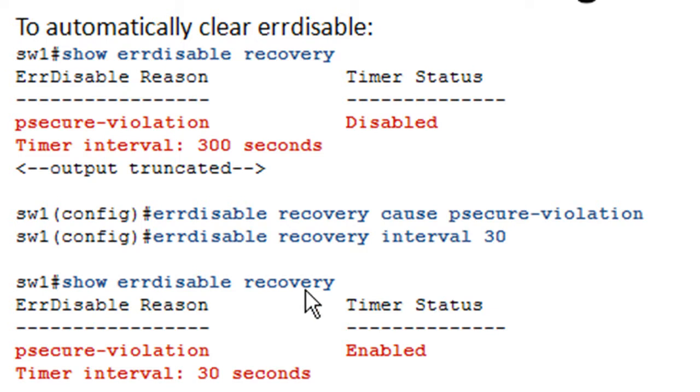So when we issue the show errdisable recovery, we can see that for the reason psecure-violation, we have enabled it to recover. If I showed you the whole output, this would be the only one that's enabled, the rest would still be disabled. But for space considerations, I did not put in the entire output. We'll see this on the CLI in action in the lab. And then it sets a timer interval to 30 seconds. So again, if you have multiple error disable reasons that you've enabled the timer on, this will affect all of them.